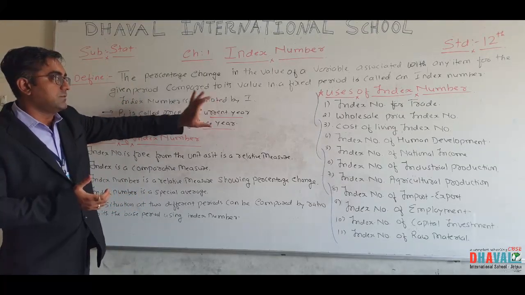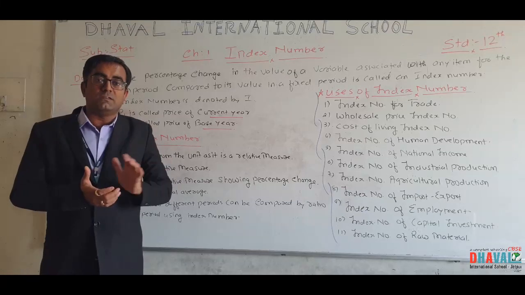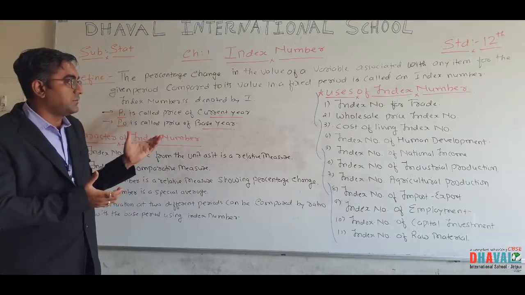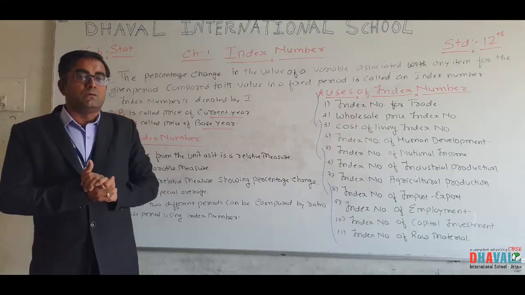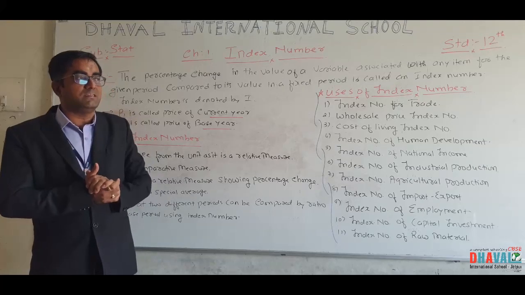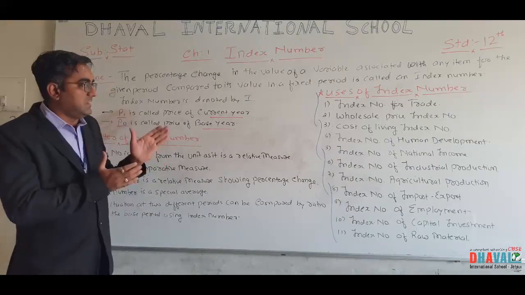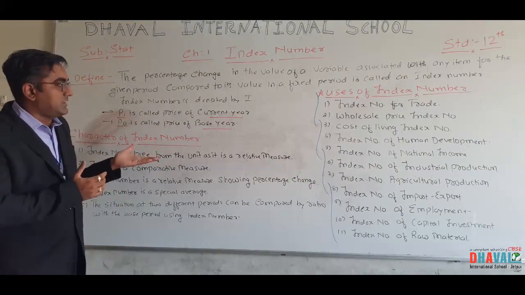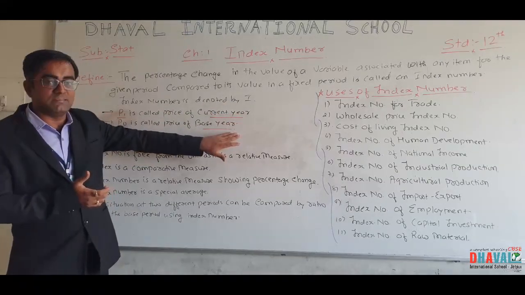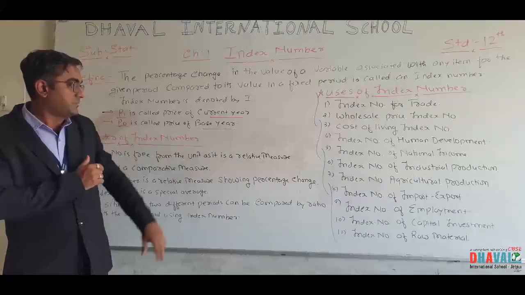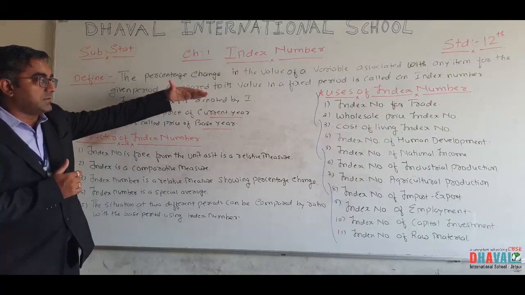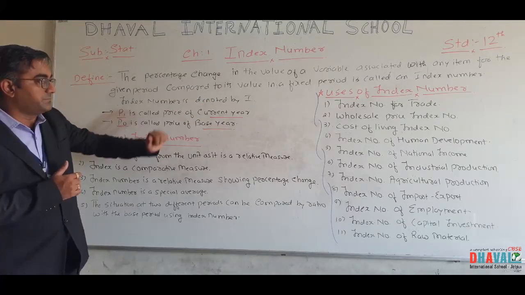From these two years we get the idea of the inflation of the price, because when we are going to buy any item in the market, first we see the price of that item. Generally, if the price is too high, it is because we are comparing that price with the base year, the previous year. This is the main thing of the index number, to calculate current year and base year price.